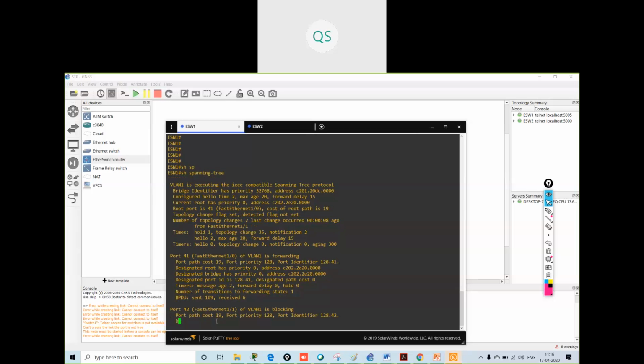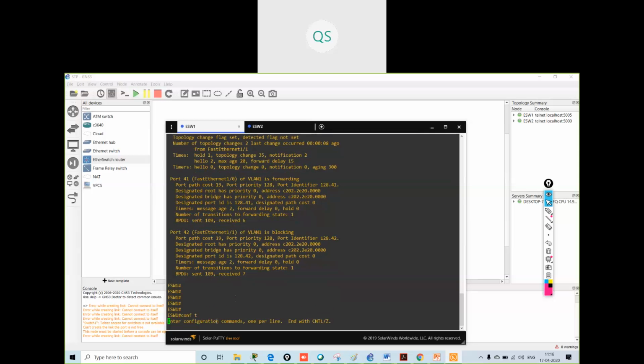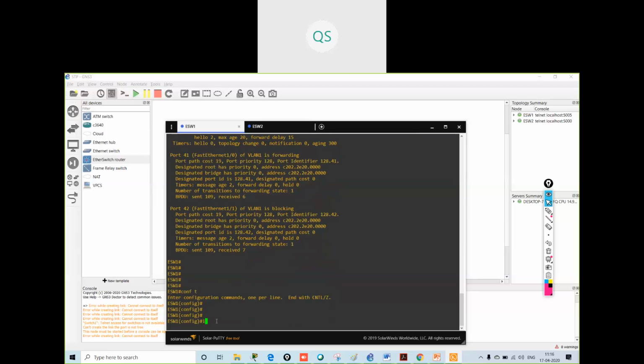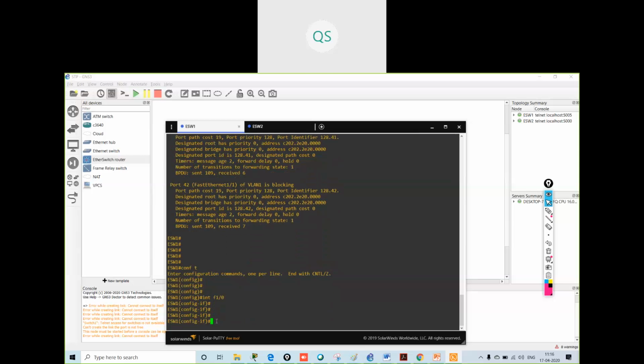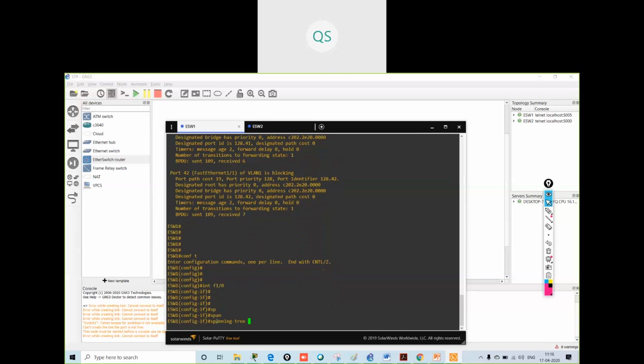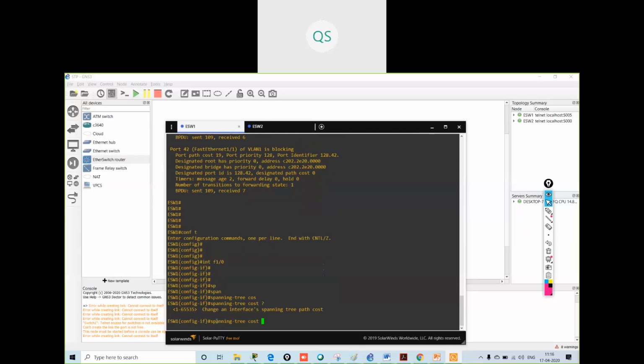To modify the port cost, you have to go inside the interface, interface Fast Ethernet 1/0. Give the command spanning-tree cost. You can give the cost from 1 to 65,535.